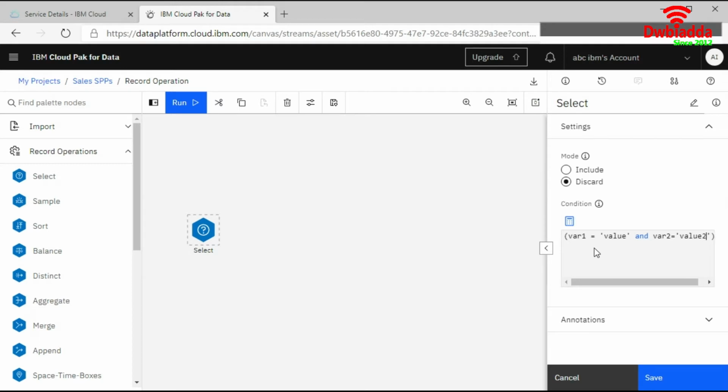Okay, it's value 2, right? Apart from this, the most important thing in the select node is that if you don't mention the condition which I am going to write down, it will automatically discard your values corresponding to these columns if it contains null. To avoid that situation, you can use and not